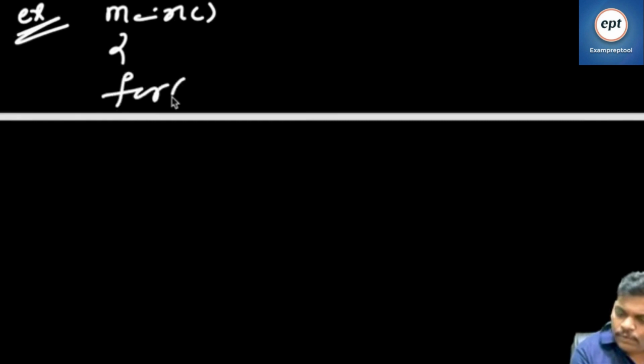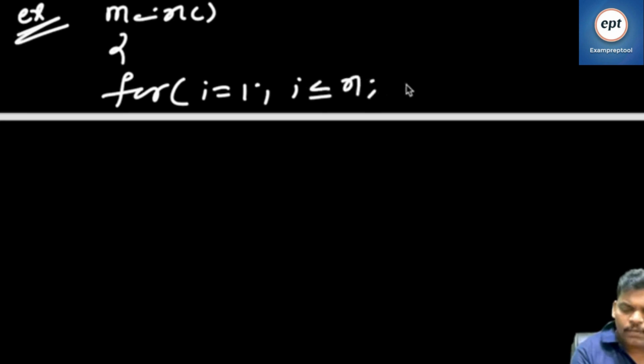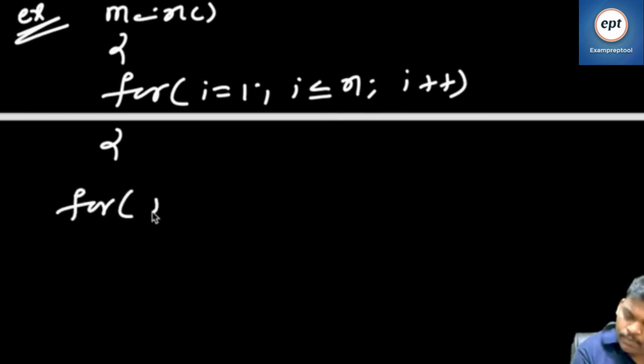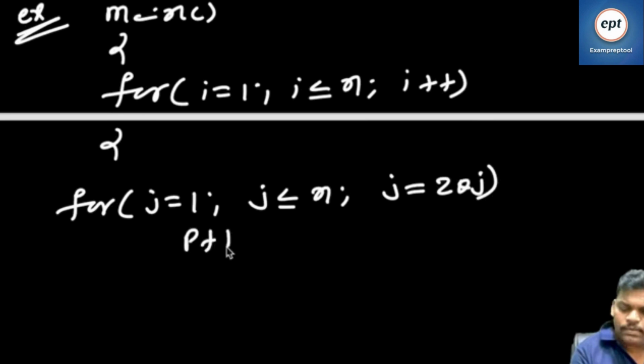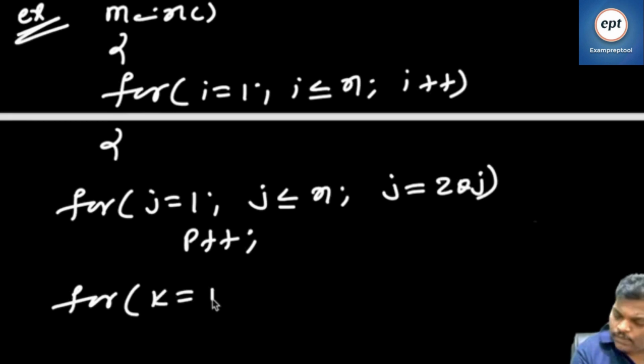for i = 1, i <= n, i++: for j = 1, j <= n, j = 2 * j, p++: for k = 1, k <= n,